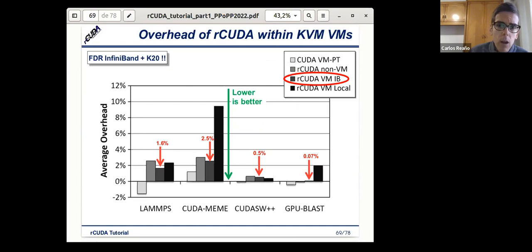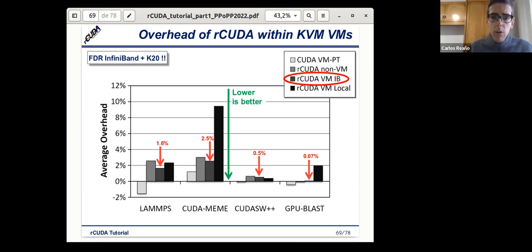Then we have rCUDA when using a virtual machine, in the scenario in which we have a high performance network with an InfiniBand network adapter, and we have created virtual functions of this network interface and assigned each virtual function, thanks to pass-through, to the virtual machine.